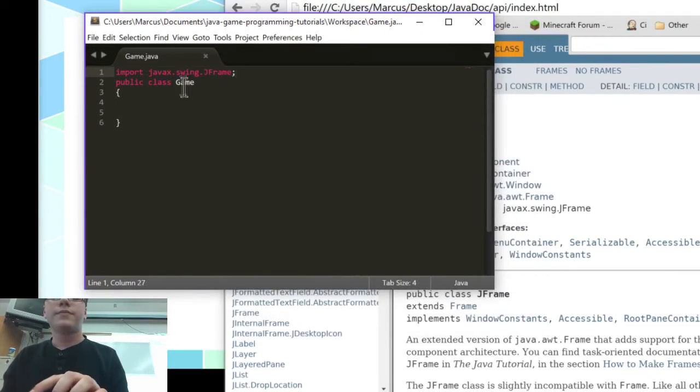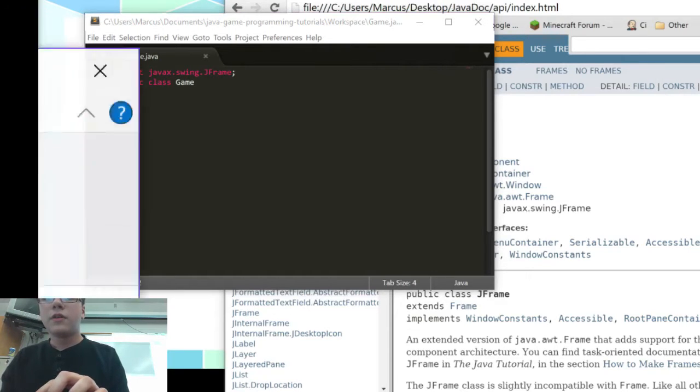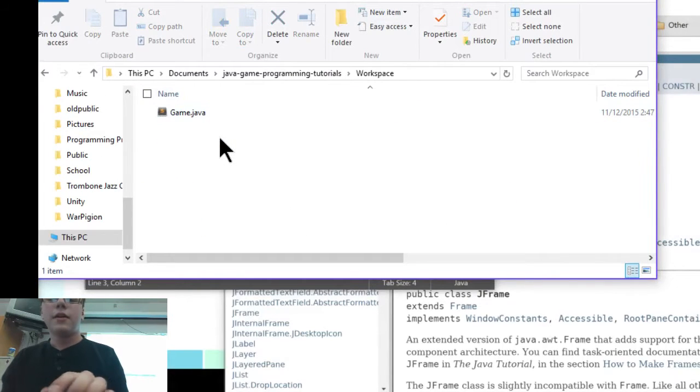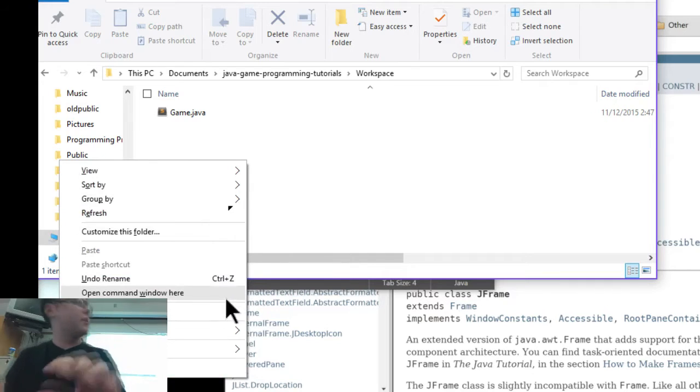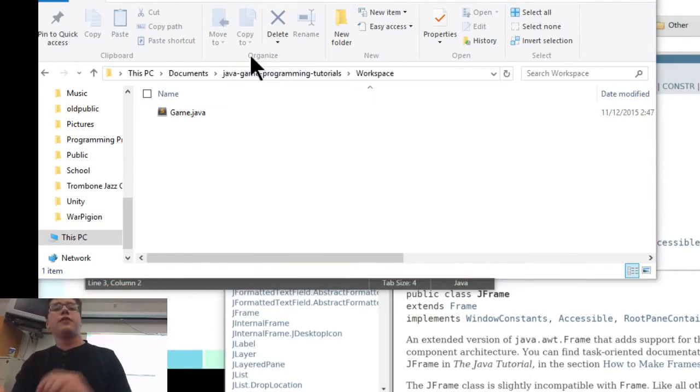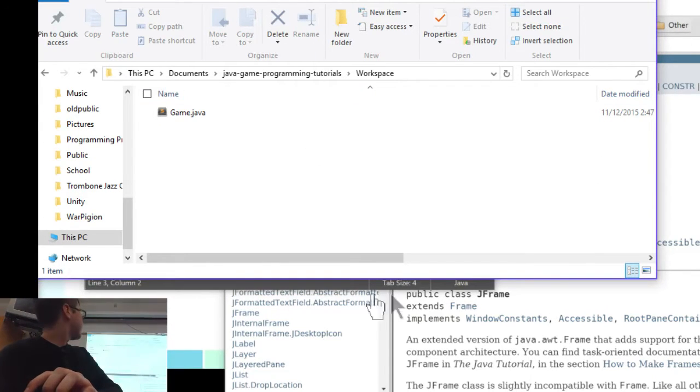I'll let you guys do that while I do something quick. Another thing I'm going to do is go to my workspace again here. If you're in Windows, you can shift right click and it'll say open command window here. If you're using one of the laptops here with Ubuntu, just open a terminal. If you click that, you'll have a command window here. And if you have your Java path set up correctly,